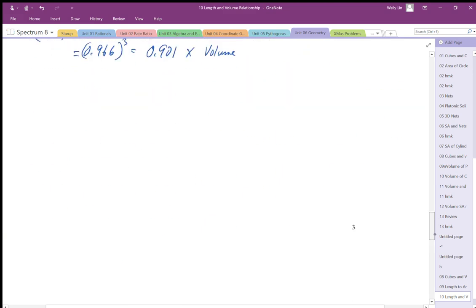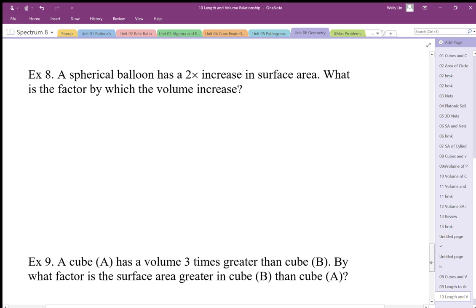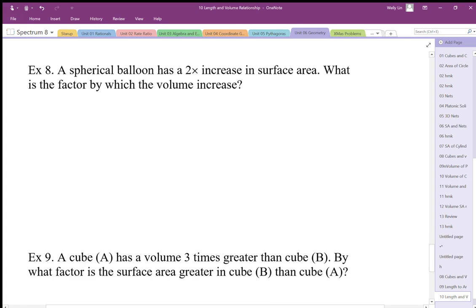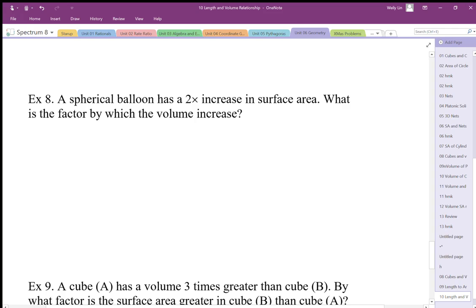Okay, moving on. Okay, so we have a spherical balloon. It increases by double the surface area. How does the volume increase? Well, I know how to go from area to volume. I know how to go from area to side length. How do I go from